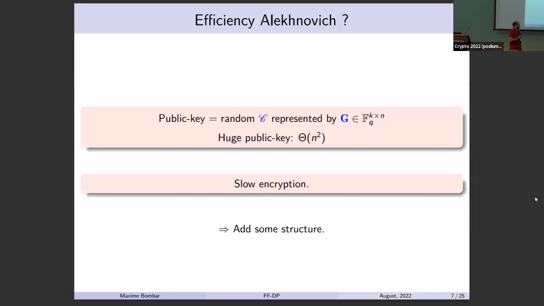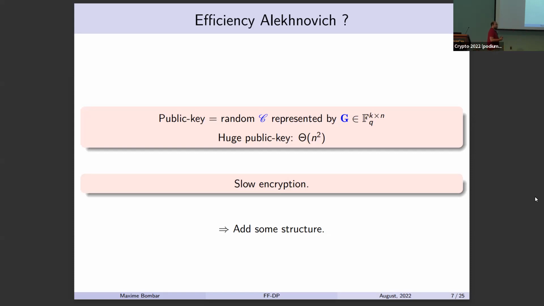We have a cryptosystem which is basically secure, post-quantum, but it's not really efficient. Indeed, the public key is a random code, so it's represented by a random matrix. So it's very huge. It's quadratic in the length of the ciphertext, for instance. And also the encryption is pretty slow. So in order to cope with that,